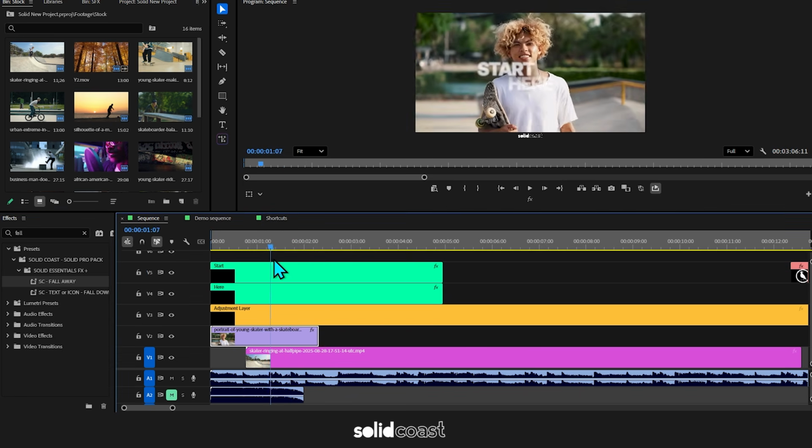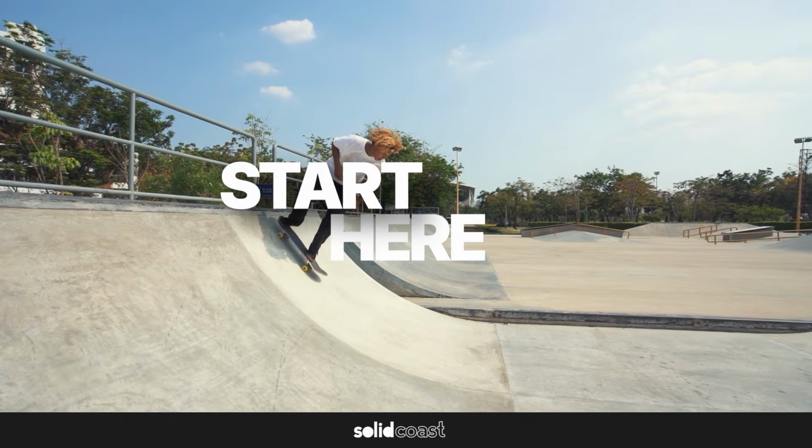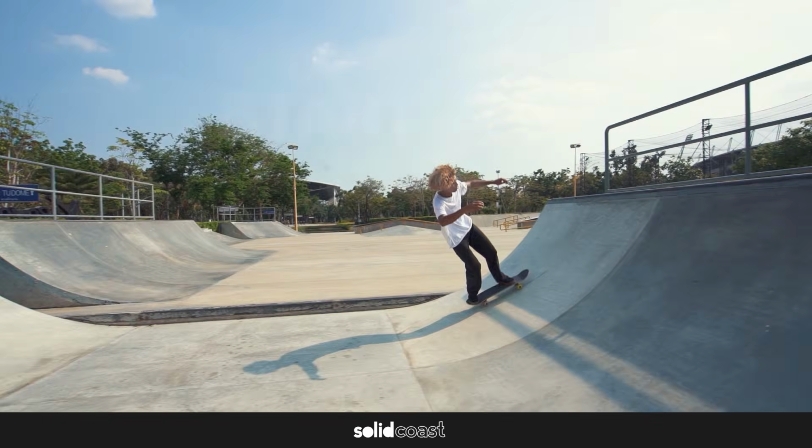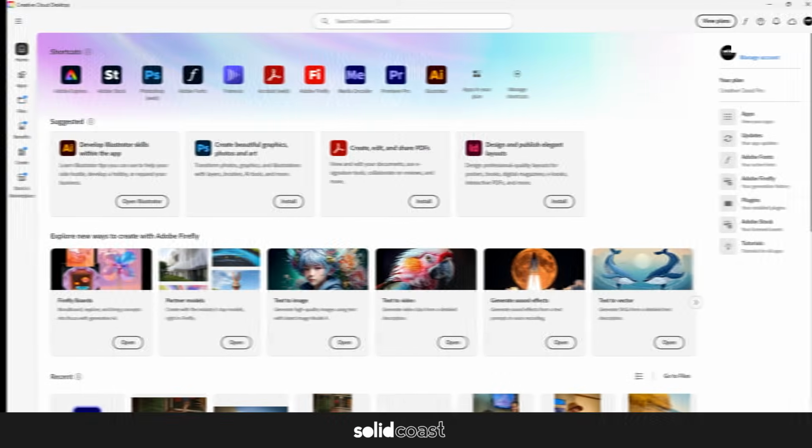I've just added a quick animation to make that first scene fall away. So as you can see, with presets, you can just bang them on. We didn't even touch keyframes. Big time saver. Tip number 13, before starting, probably should have been number 1, but one of the main things